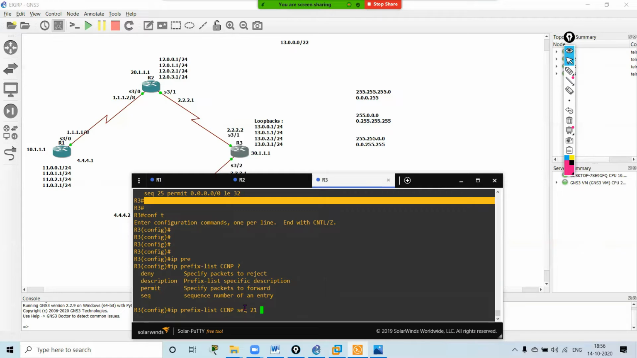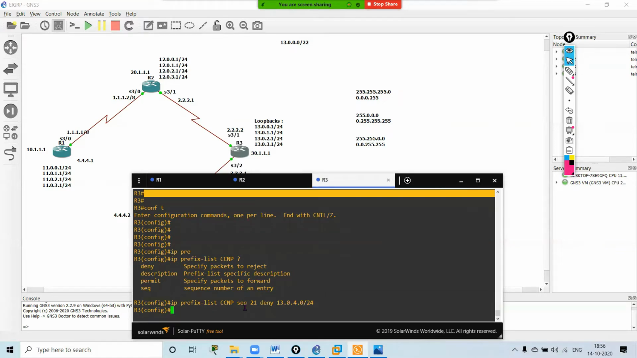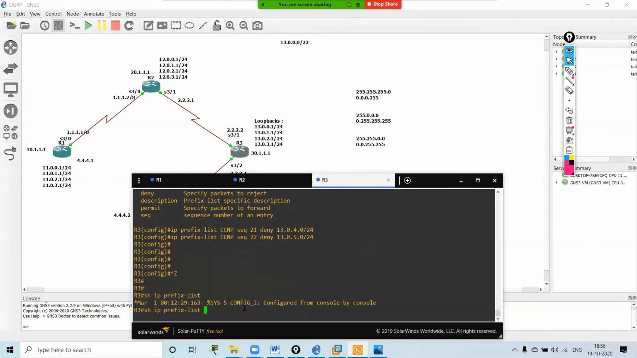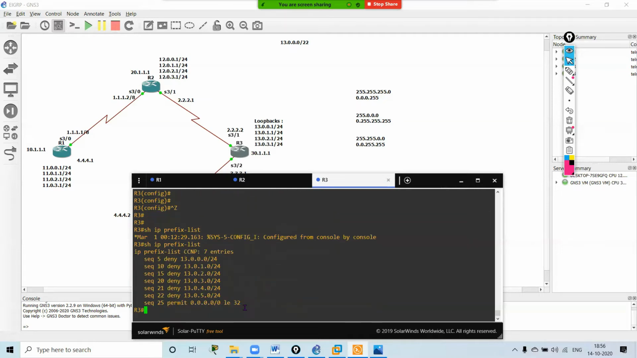So I will give 21 and I'll say deny 13.0.4.network/24. And for 5.network, I'll use sequence number 22. This is same in ACL, right? Similar way. Same like ACL, the sequence number. As it is named, we can just do things in this way. Okay,